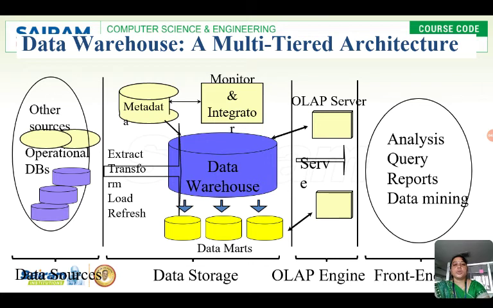If I want to search for product information, the metadata will say where the product information is in the data warehouse. It is like an index. The data about the data is nothing but metadata. So if I want the product information, I will go to the metadata and refer to where the product information is. So with the monitor and integrator, the data about the data is prepared.